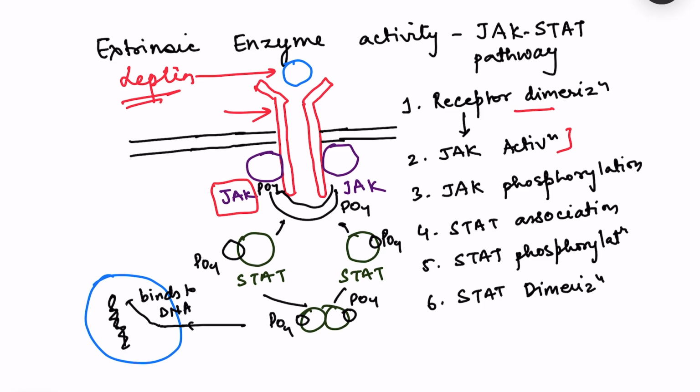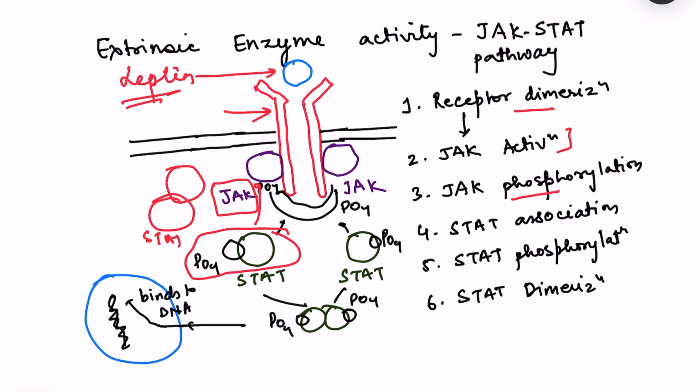Okay, so one side receptor cross-phosphorylates the JAK on the other unit of the receptor. That leads to JAK phosphorylation, which is known as cross-phosphorylation, or some books call it autophosphorylation. When that happens, there is another protein, STAT, which is a cytoplasmic transcription factor. This STAT goes and associates with the JAK, so there will be binding of STAT with the JAK, and this will in turn lead to phosphorylation of